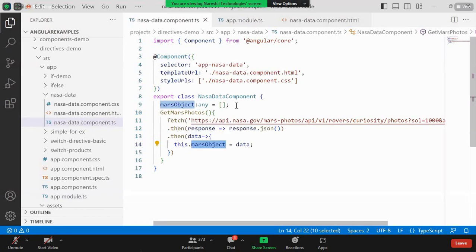Now you can see what I have done. My requirement is connected with that, so I used a fetch method. I created a separate